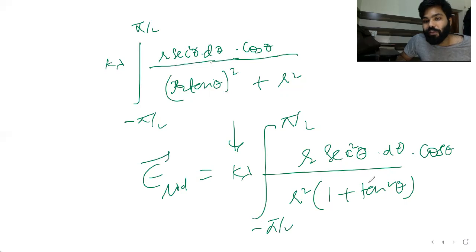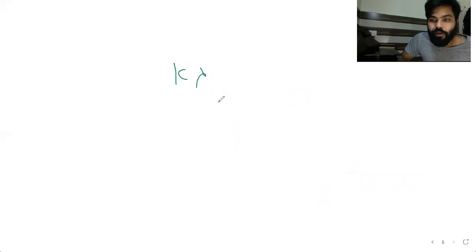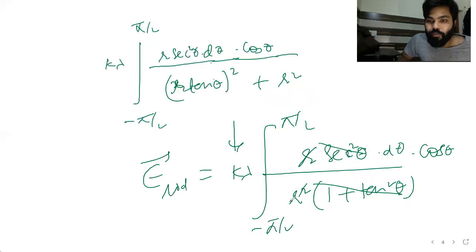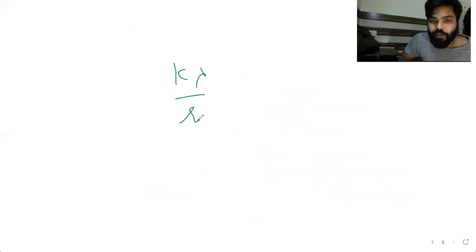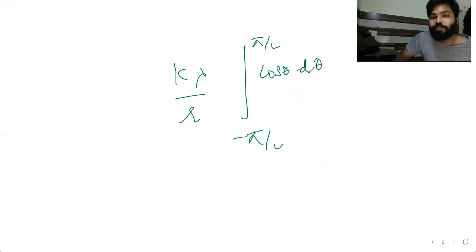Now 1 plus tan square theta is sec square theta, so this will cancel out, and r will also cancel out, and you will be left with k lambda. You can also put r outside the integration because it is also fixed. So put r outside the integration, and you will be left with the integral from minus pi by 2 to pi by 2 of cos theta d theta. Okay, as you know, cos theta is an even function,